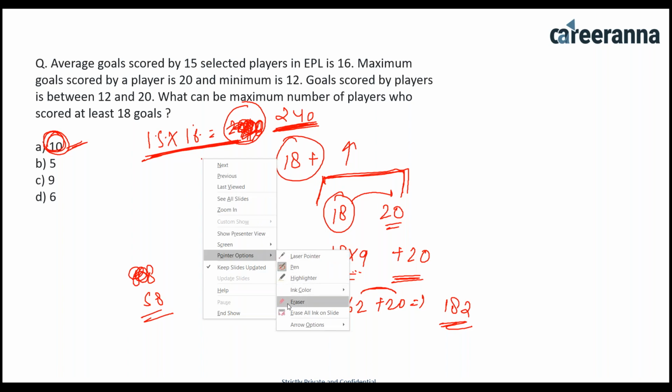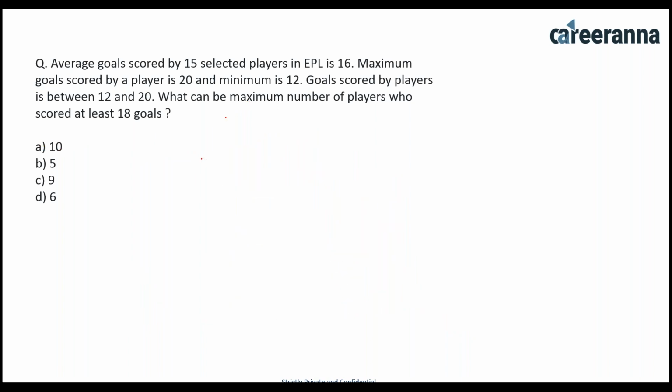We are going to do it from the very start. So total goals we have, 16 multiplied by 15, is 240. Now a person scored 20 and I have to maximize this number. 18 plus should be maximized, right? Suppose I take 10 people to score 20, so what will be the